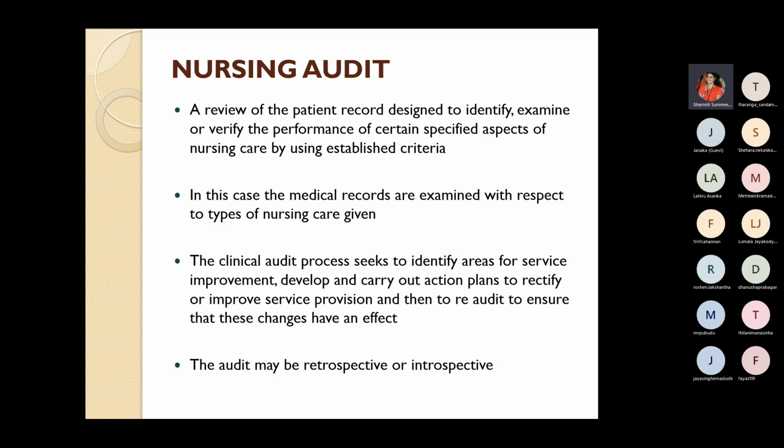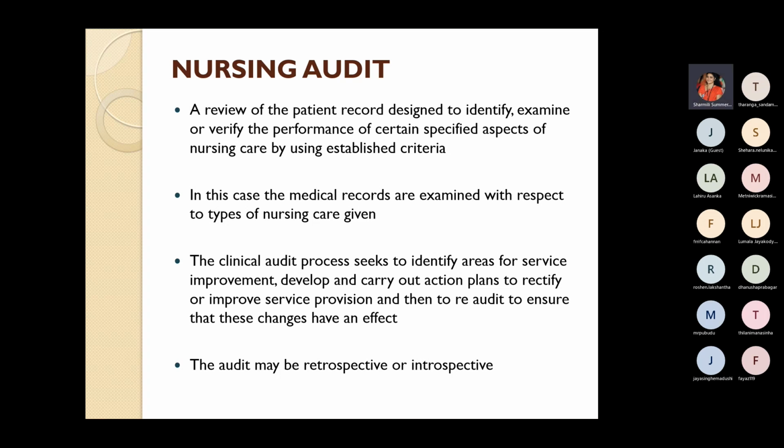The audit may be retrospective or concurrent. Concurrent, as I already told you, is the concurrent clinical audit: the audit we do by observing at the time of the care. Retrospective is when we go through all the records, like the care plan, the nurses' note, or other records of the healthcare professionals. From the records or the particular reports, we get the information through an accurate evaluation. That is what we call a retrospective audit.